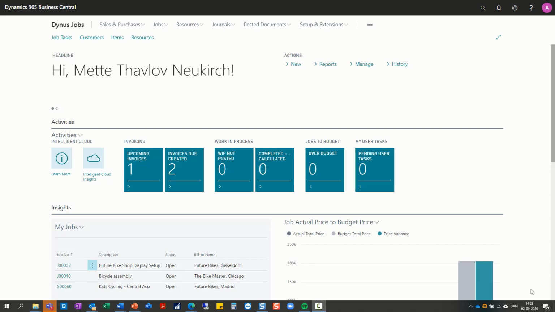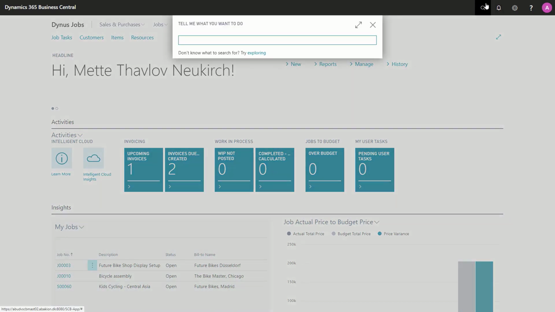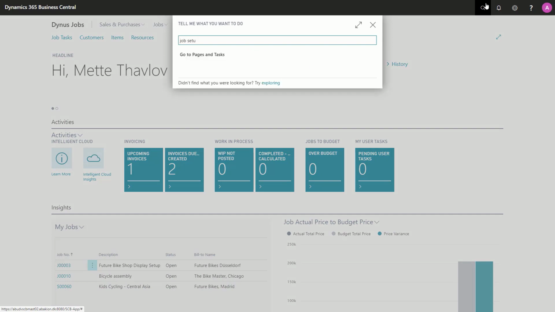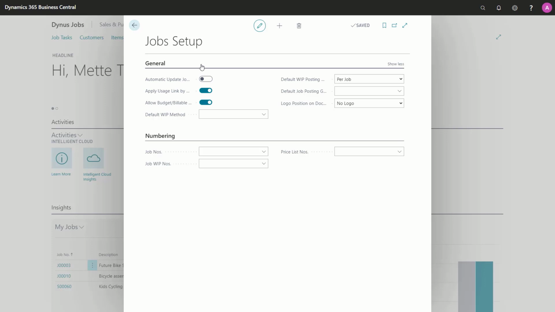Before you start using the Jobs module, it's a good idea to define the job setup. The job setup allows you to set up a number of default settings for a job. I will go to the job setup. As you can see, there are not that many fields to set up in the job setup, but I will